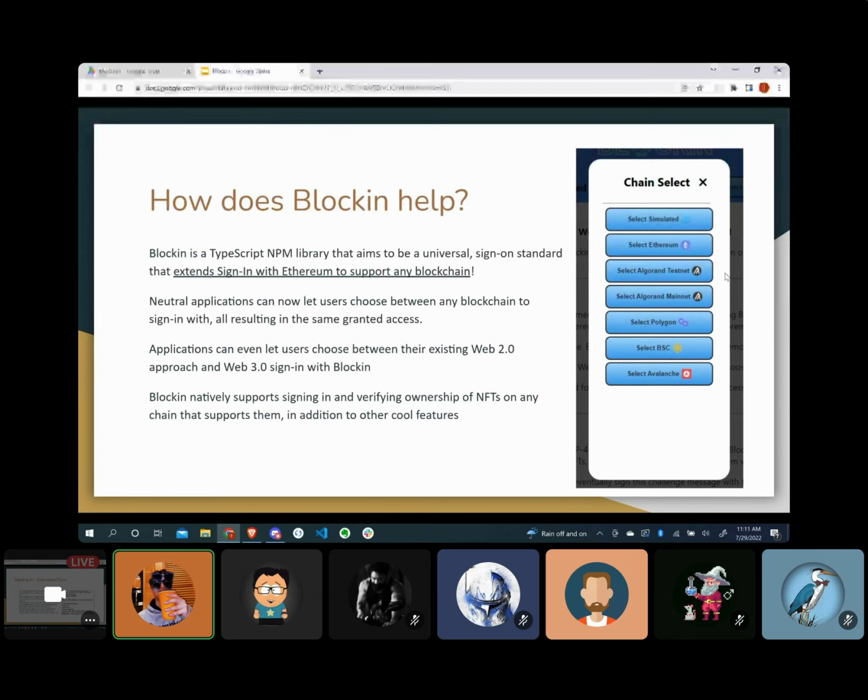This is the demo site that I dropped a link to in the chat. Neutral applications can now let their users choose what chain to sign in with, and it'll all result in the same granted access, because for their private database, all they need is an authentication, so they can treat every single chain signing algorithm as the same. As you notice here, the chains are not all EVM compatible,